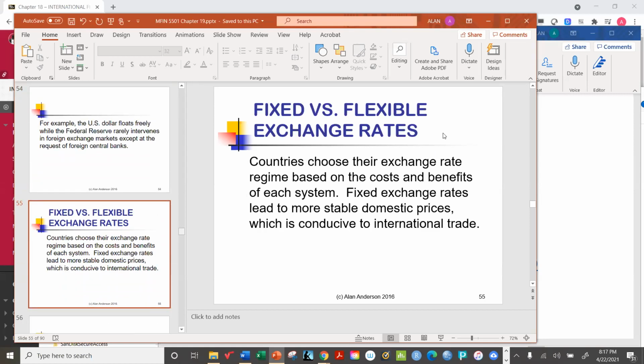All right, so now fixed versus flexible exchange rates. As we've seen, the Bretton Woods system was a system of fixed exchange rates. At that point in time, it wasn't that unusual for countries to have fixed exchange rates. Now, almost all exchange rates are floating, or at the very least, they're allowed to fluctuate in the marketplace. We know that fixed exchange rates can lower domestic inflation, which helps stimulate trade,